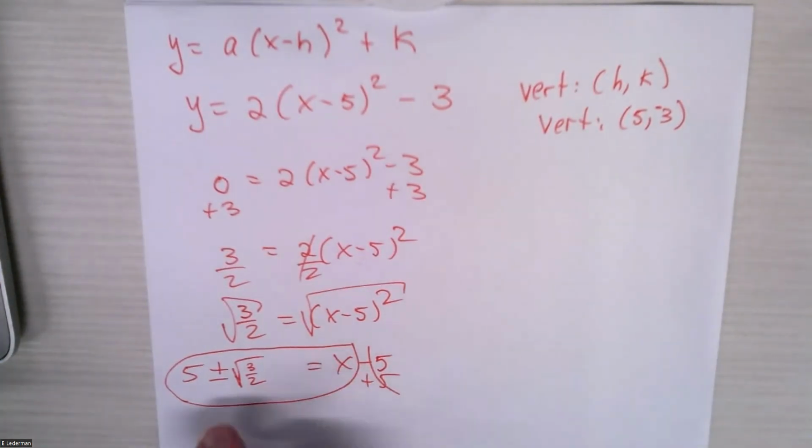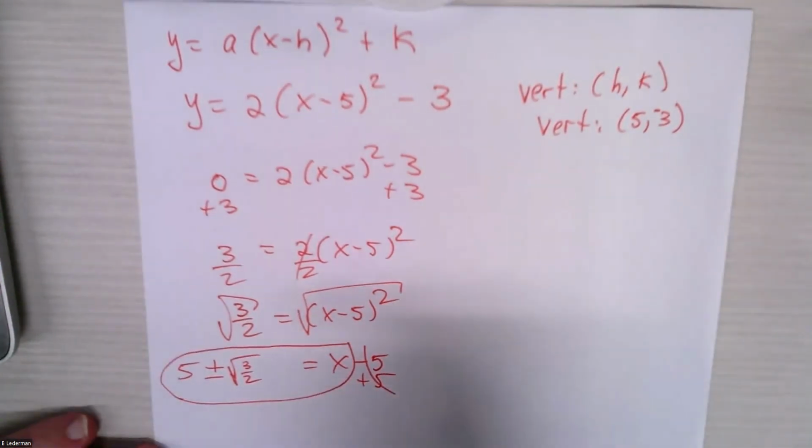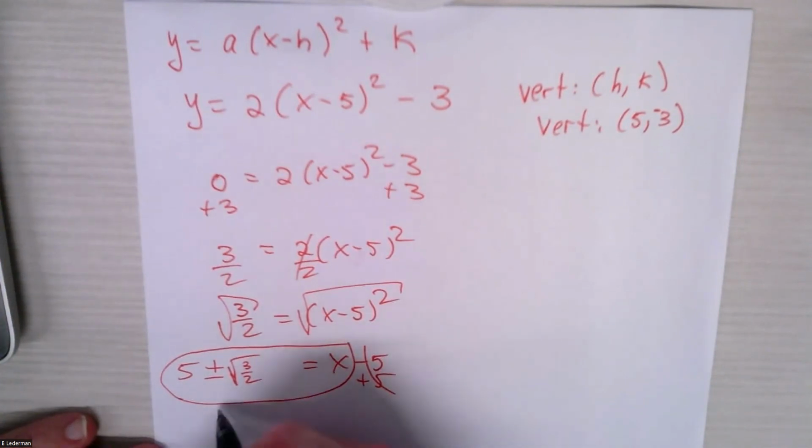These are the zeros of the equation. So it wasn't super hard. It wasn't as hard as factoring or anything like that. But now if I want to find when y equals 0, these are the x-intercepts. If I want to find the y-intercepts,